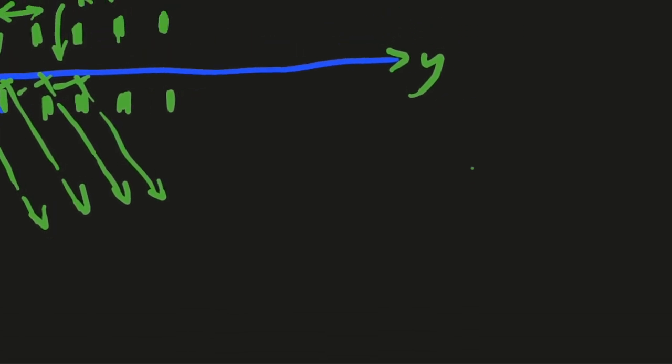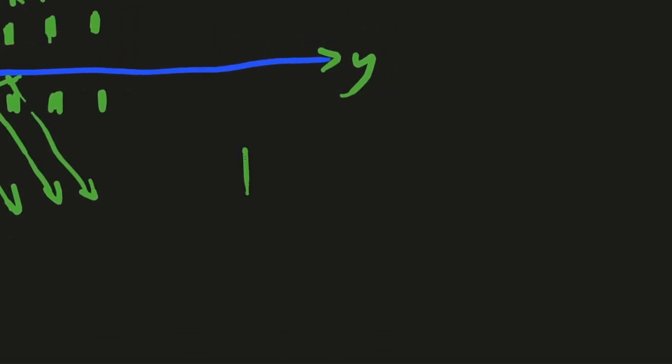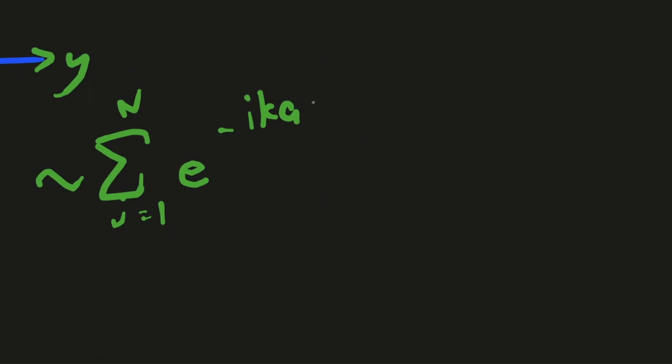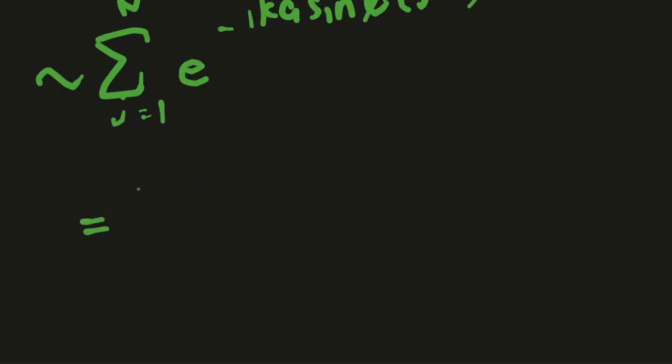Now, if you drive it in phase, then your electric field in this xy plane is going to have the form of a sum over j equals 1 of e to the negative i k a (j minus 1) sine phi, where capital N is the number of antennas we have. And this is 1 minus e to the negative i N